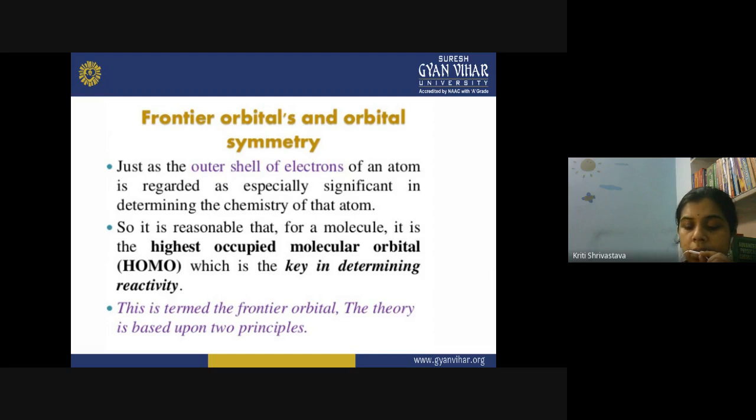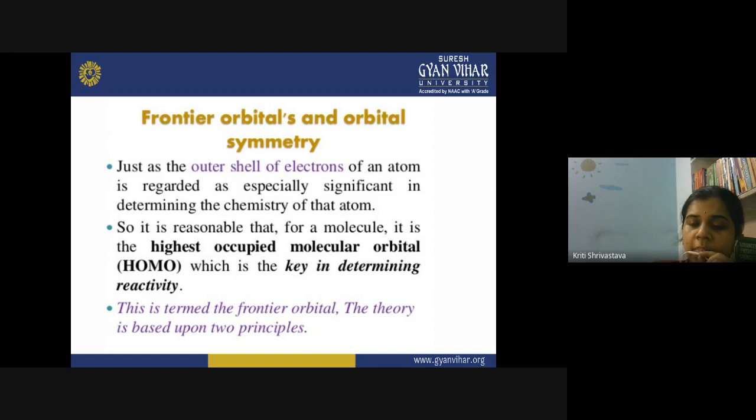So, in case of pericyclic reactions, scientists have seen that these reactions are affected only by the symmetry of the orbital, and especially the symmetry of the HOMO, the highest occupied molecular orbital of the molecule. Therefore, they remain unaffected if you change the solvent or any reagent. Rather, they are affected by the molecule itself and by heat and light.